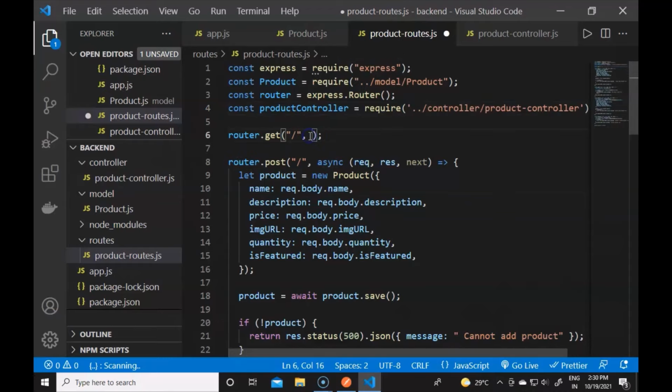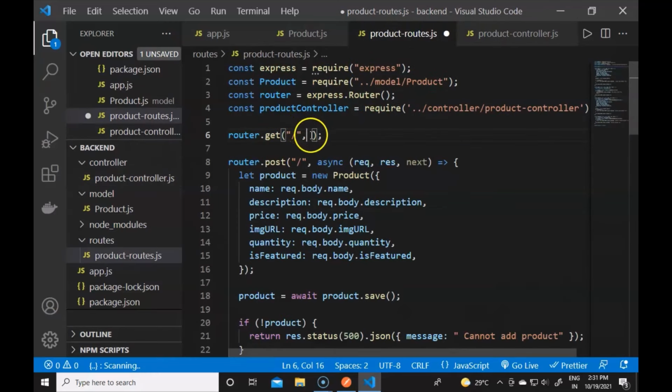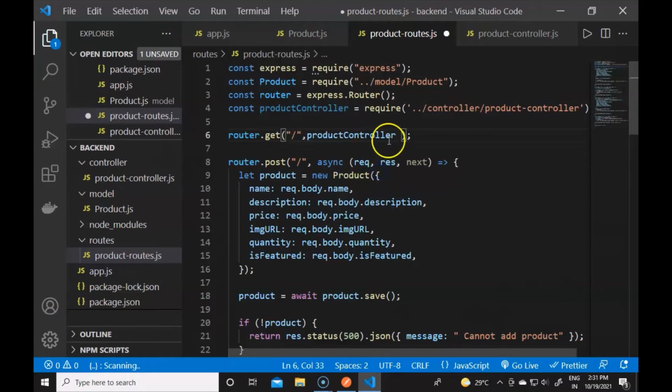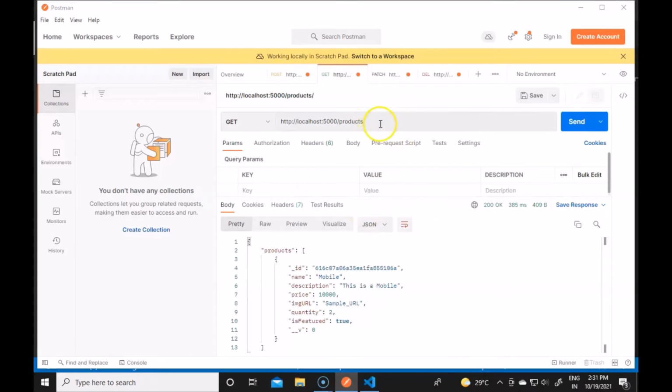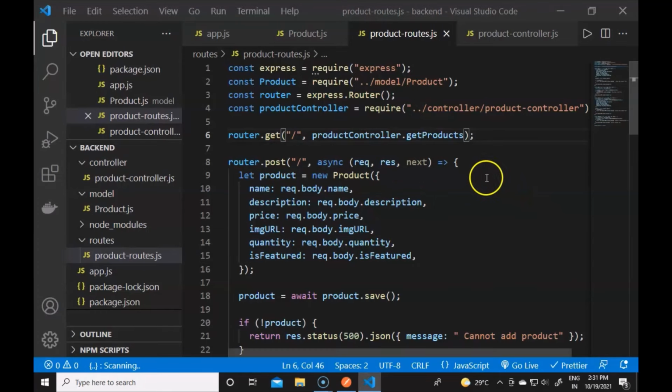After the get part, we just have to provide the reference to this function, which is getProducts. So we give the reference: the product controller, the file name, dot the function name. We have imported productController here, so we write productController dot getProducts. Now if I save and go to Postman to send a new request, and click on send, it should show me the products. So guys, now you will see the products are showing here in the console window. The controllers are working fine.